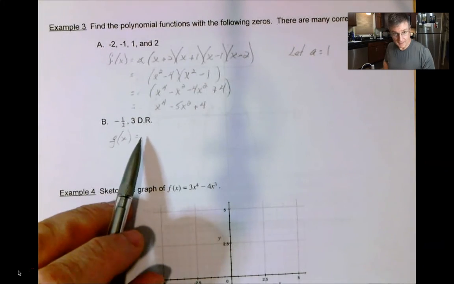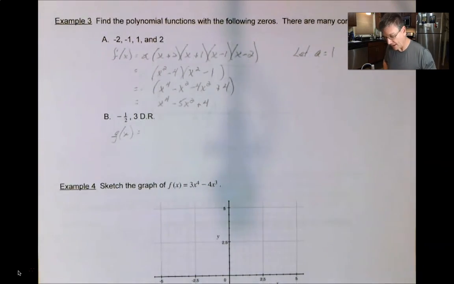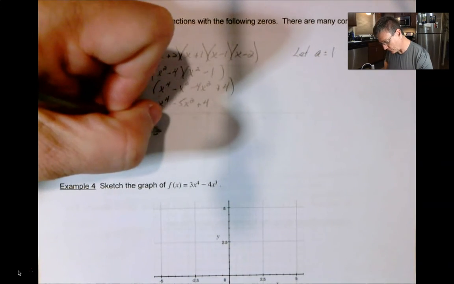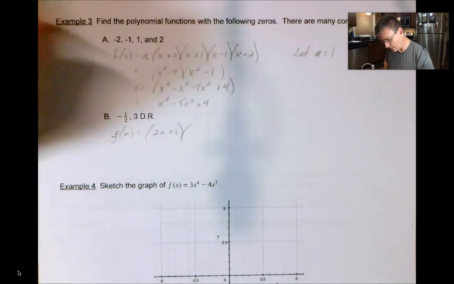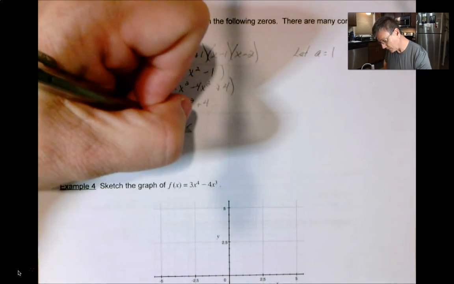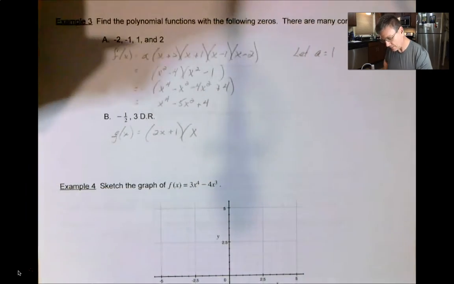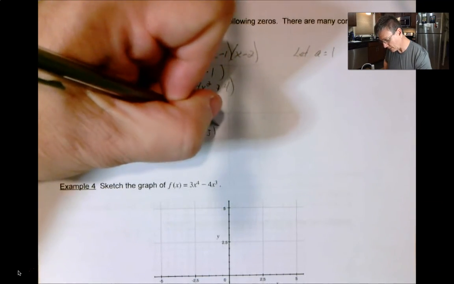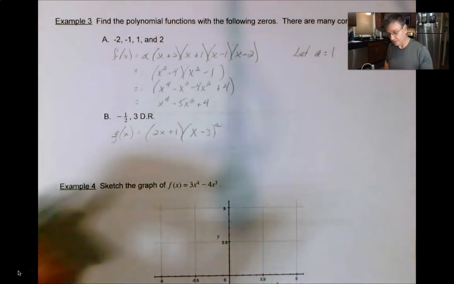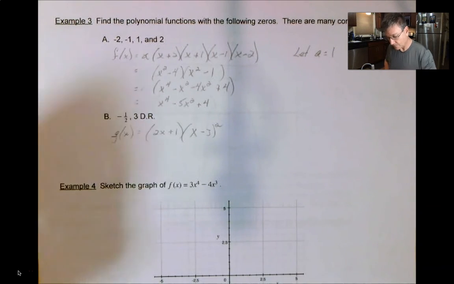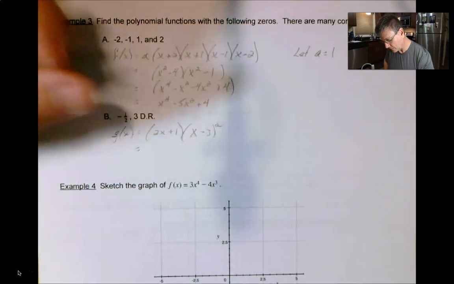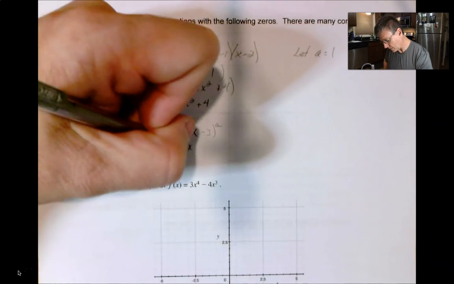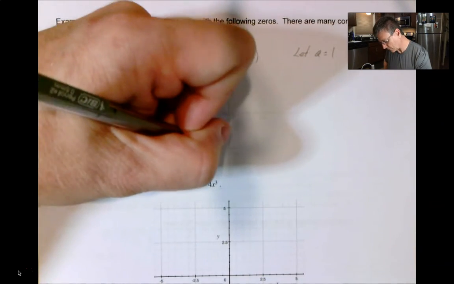And again, I'm just going to make a equal 1 on this one, so I'm not even going to put the a in there. So -1/2 is 2x plus 1, and then 3 double root is x minus 3 squared, or x minus 3, x minus 3, double root, 2x plus 1, x squared minus 6x plus 9,